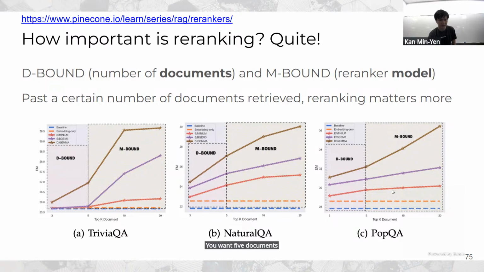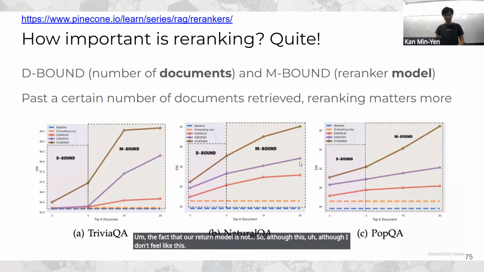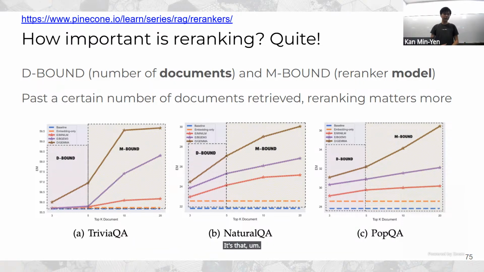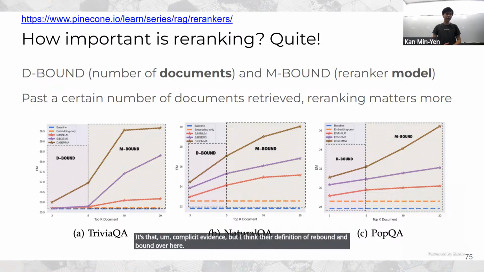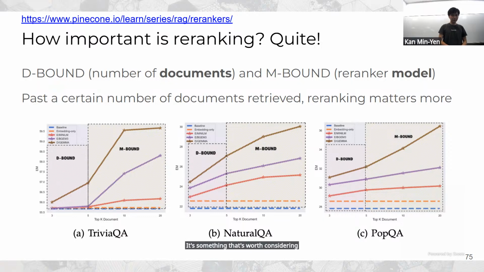They use that notion to say that before 5 documents, the effectiveness is limited by the fact that we haven't fetched enough documents, and after 5 documents, the effectiveness is limited by the fact that our ranker model is not good. Although I don't feel like this is that conclusive evidence, I think their definition of D-bound and M-bound is worth considering and worth further investigation.